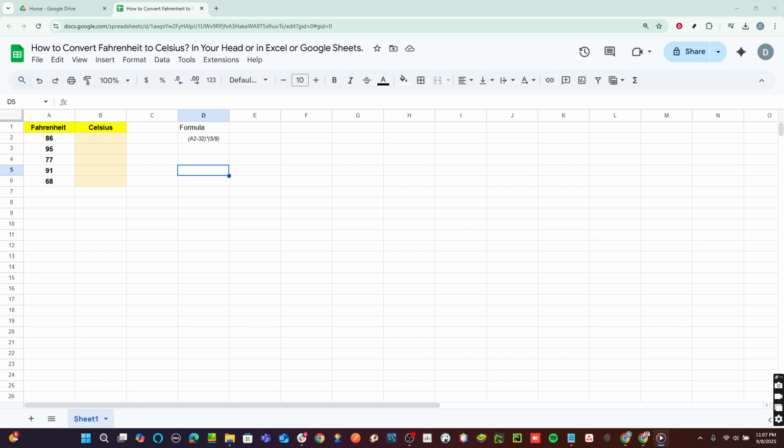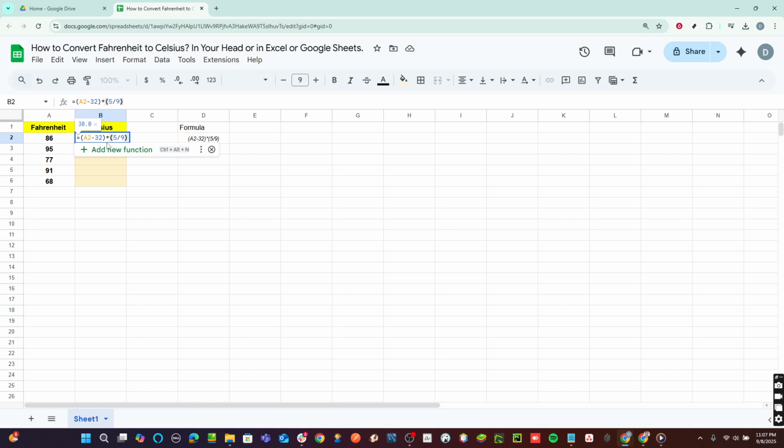Now, if you're looking to convert Fahrenheit to Celsius mentally, there's a simple formula to remember. Subtract 32 from the Fahrenheit value, multiply by 5, and then divide by 9. Let's say it's 77 degrees Fahrenheit. Begin by subtracting 32, giving you 45. Then multiply 45 by 5 to get 225. Finally, divide 225 by 9, which results in 25 degrees Celsius. You see, it's a straightforward calculation once you know the steps, and with practice, you can even estimate in your